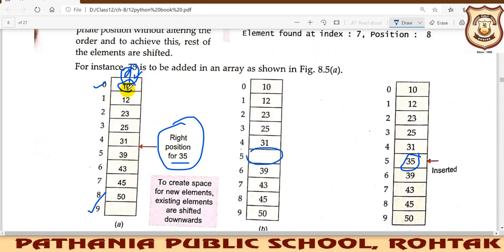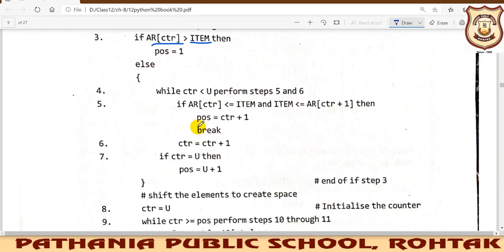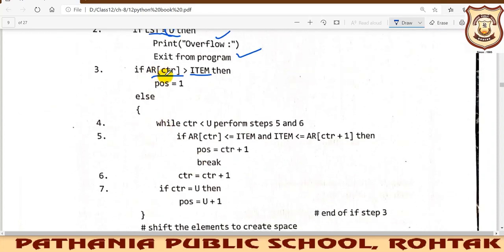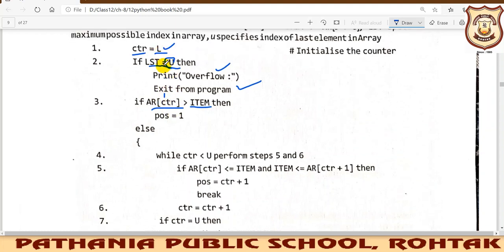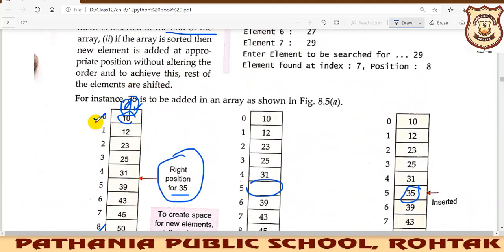So what if the element is smaller than the first element? Then it should be inserted at position 1 only. This is the case being discussed now. If AR of CTR, where CTR is initially the lower bound, that is 0, and AR of 0 is 10, you can see in this case AR 0 is 10.